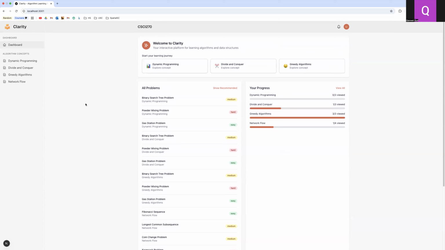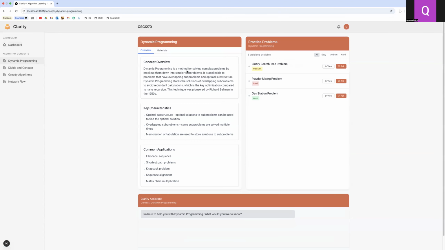Once that is done, we can click on the automatically generated concepts. For example, let's say dynamic programming. This will be the concept page. In the concept page, it will give us a brief overview of the concept. For example, dynamic programming is a method for solving complex problems by breaking them down, and so on. And then some key characteristics, things that we have to pay attention to in order to comprehend the concept 100%. And there are some common applications